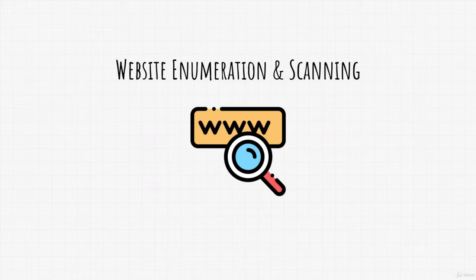Website enumeration. What is it and why do we do it? And also, why is this something that we should do before attacking the website? Well, it's quite simple. We want to learn as much as we can about our target before we perform any type of attack. We want to know what we are dealing with and what is the structure behind the website